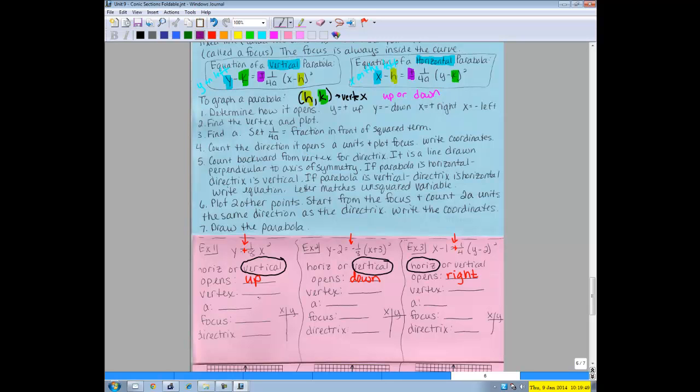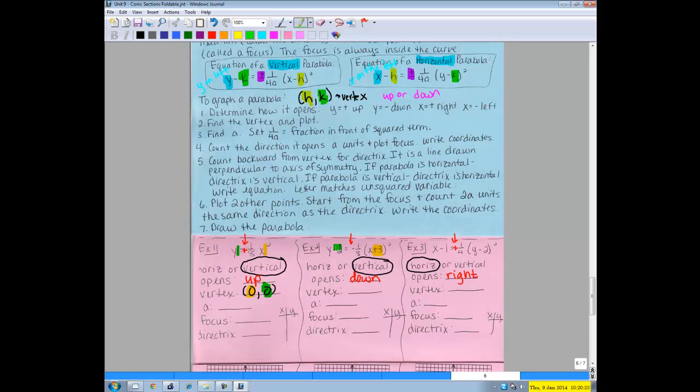Next, we determine the vertex. To do the vertex, we look at what is being subtracted from the y's and the x's. In this case, there is nothing subtracted from this x or from this y. And so that means, since there's nothing, it's (0, 0). So let's look at the other ones. There is a +3 here,